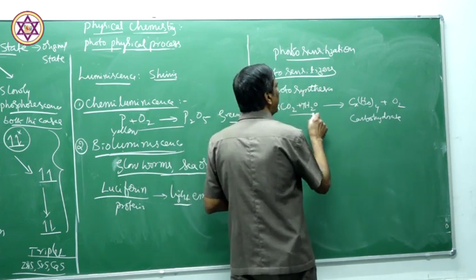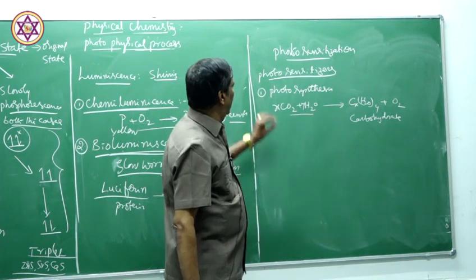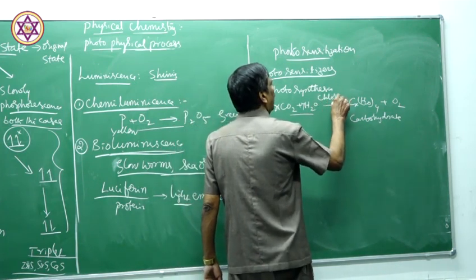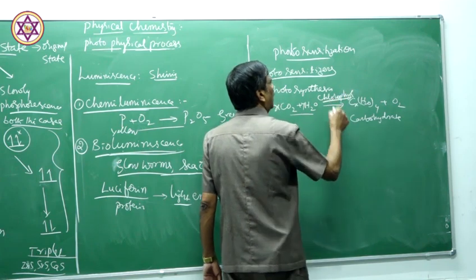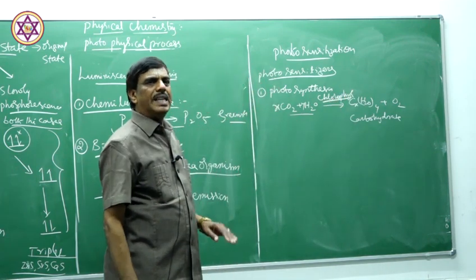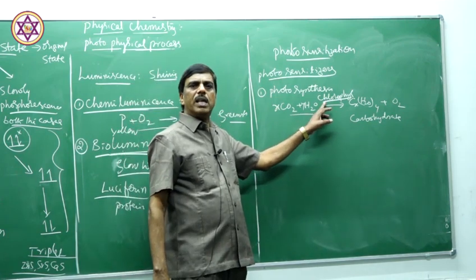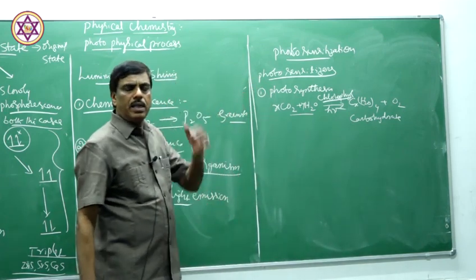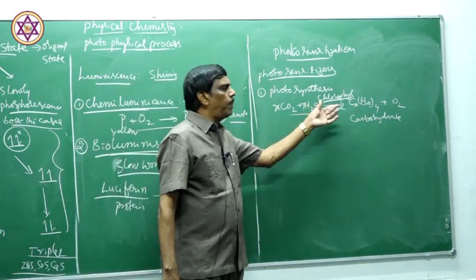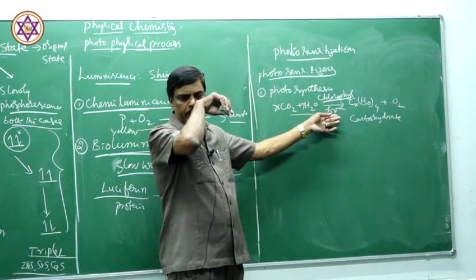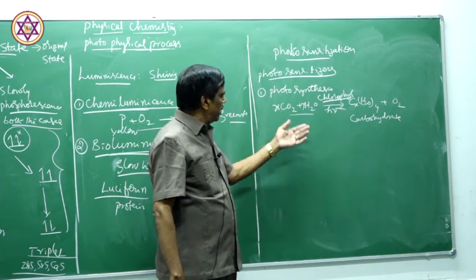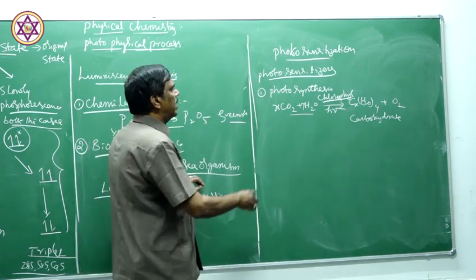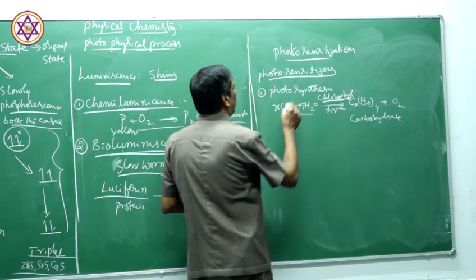Now, this reaction will not take place without the photosensitizer. Chlorophyll is the photosensitizer here. Chlorophyll, a magnesium complex present in green leaves, is the photosensitizer. This photosensitizer absorbs the solar light radiation and supplies this absorbed radiation to the reactants, and thus the reactants undergo the reaction to form carbohydrates. So chlorophyll is the photosensitizer.